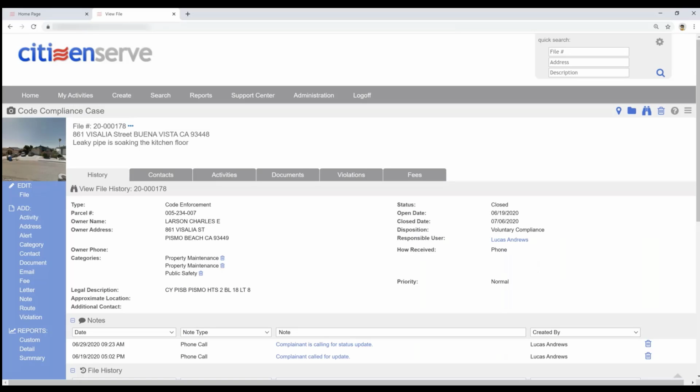So whatever your workflow is, we can build it for you in the system, right? Whatever your steps are, right? First, you need to do a warning letter to the landlord, and then you need to go out and do the inspection and generate an inspection report or a notice of violation. We're going to talk about court stuff in a minute. But if you wanted to do ticketing, we just closed out our other case, but let's go back